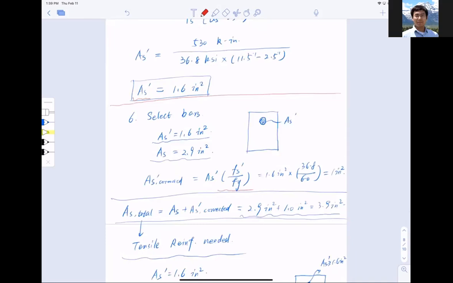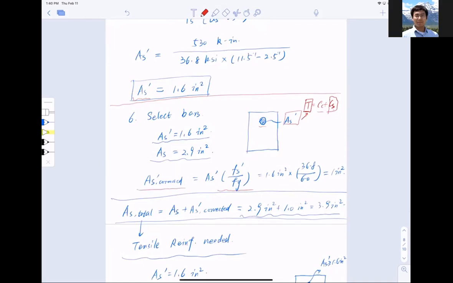One is that I lost the concrete, and second is that I add this AS prime that was not there before. So when I do tension equal to compression, remember, I added more compression. I need to add tension back up to balance it. All right. So that is the reason why I convert this from AS prime to be AS